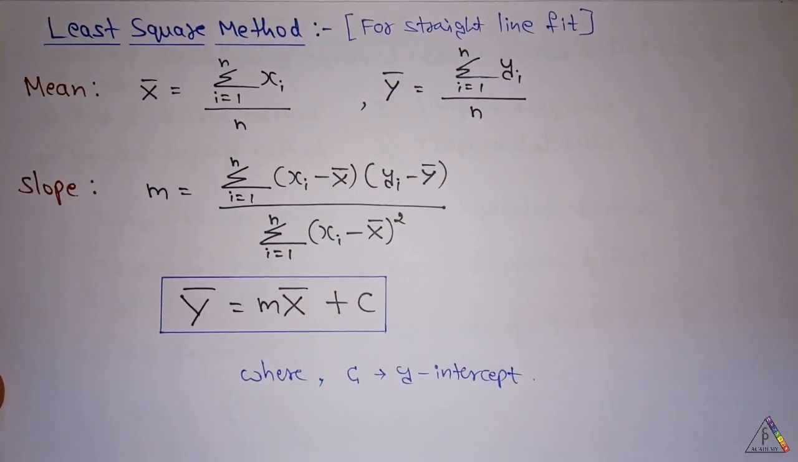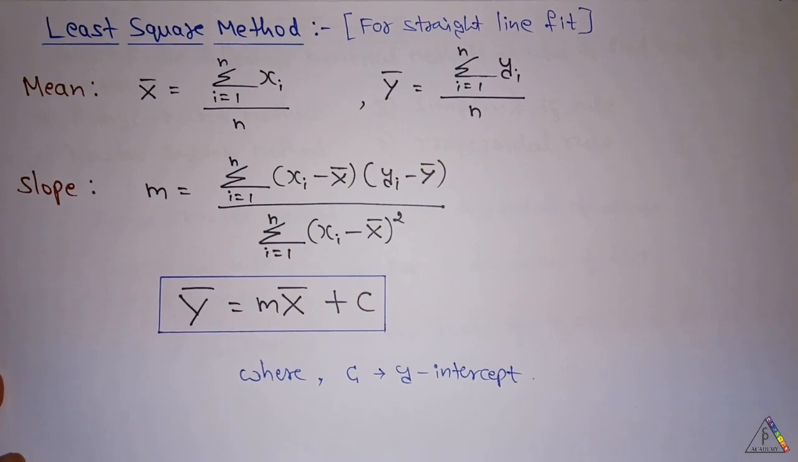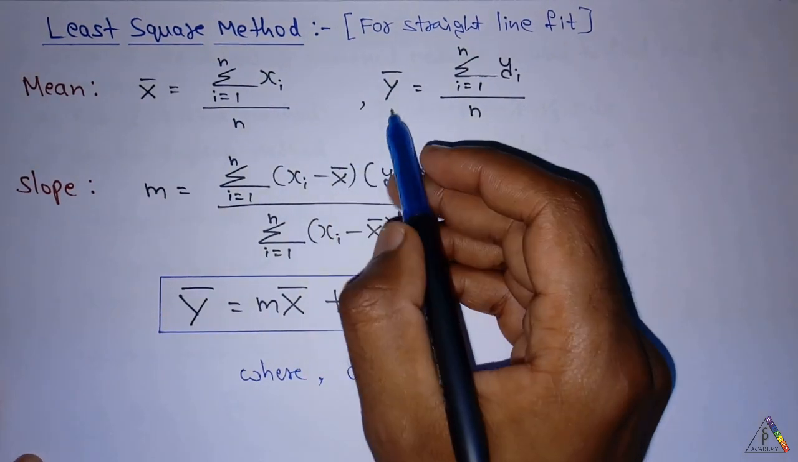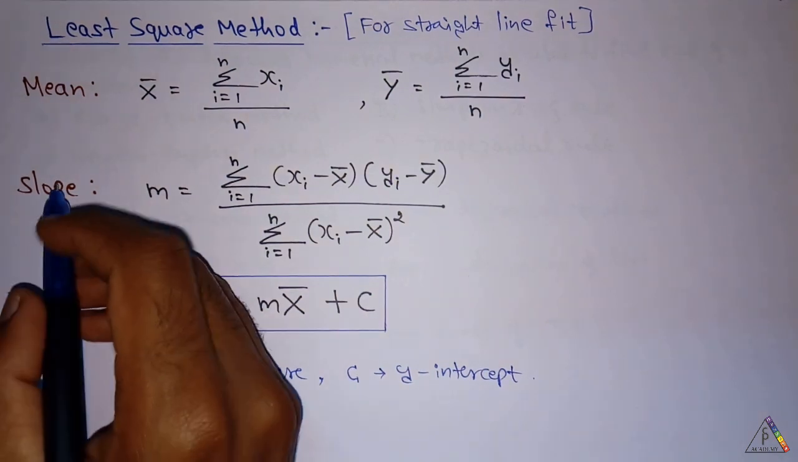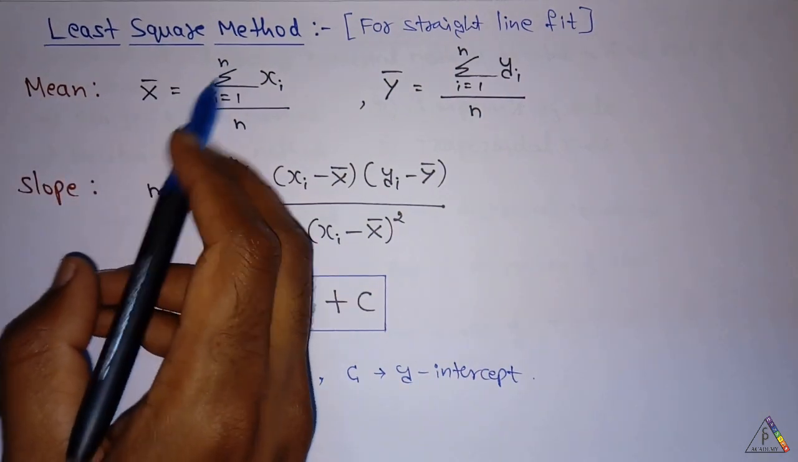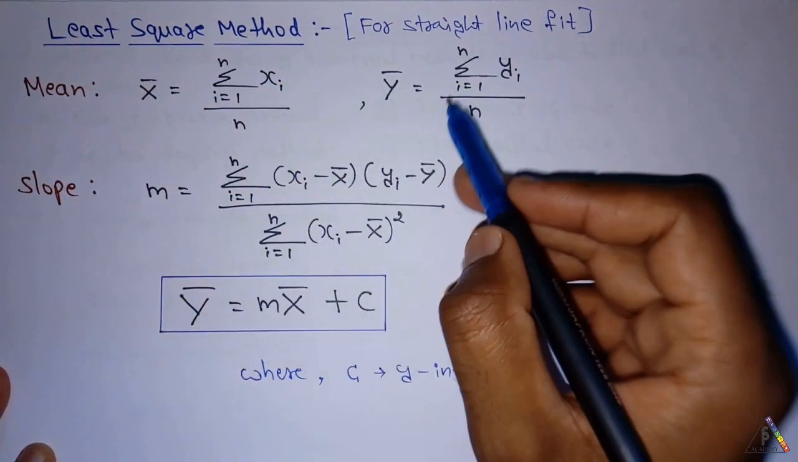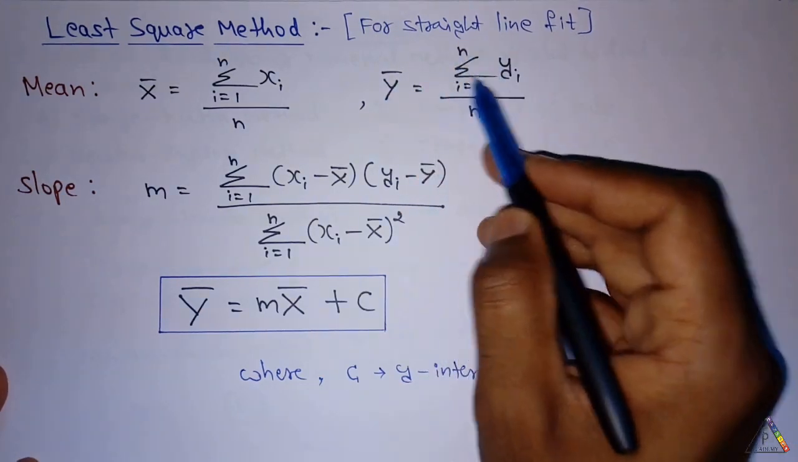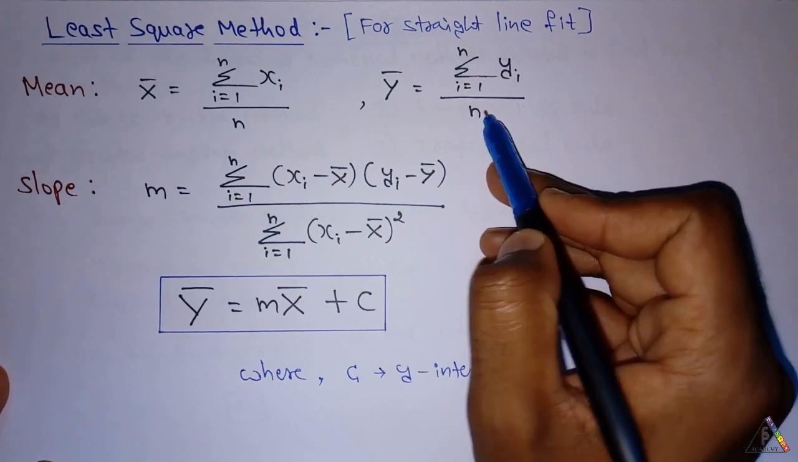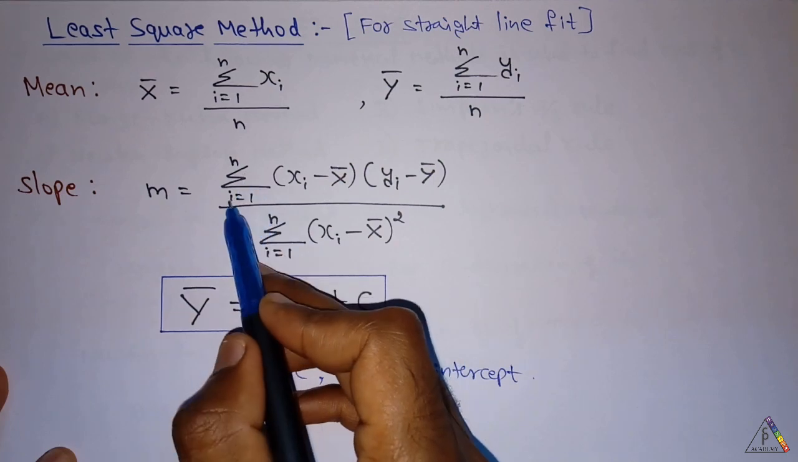And this is the least square method. This method is used when the linear equation fits the straight line equation. The mean of the arguments is given by the sum of the arguments divided by the total number of arguments, and the mean of the entries is given by the sum of the entries divided by the total number of entries, and the slope is given by m equals the summation over i from 1 to n of